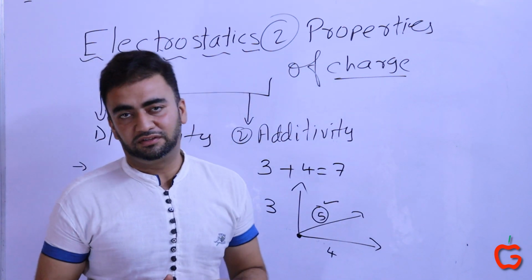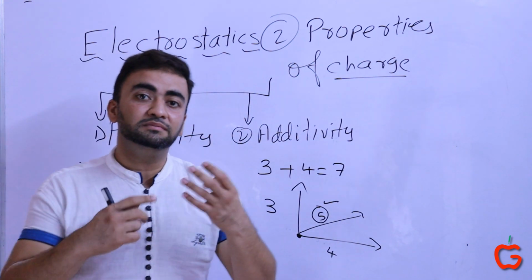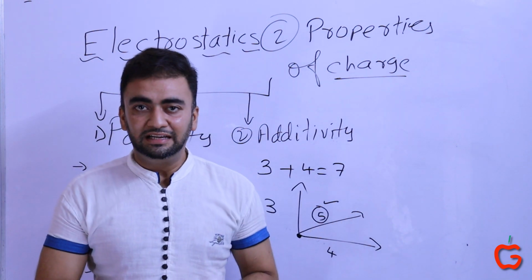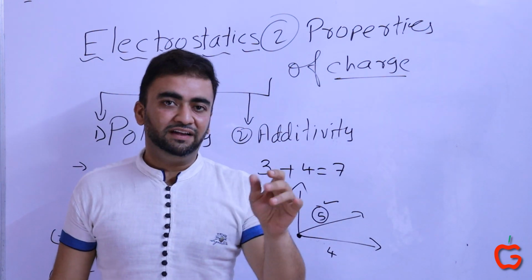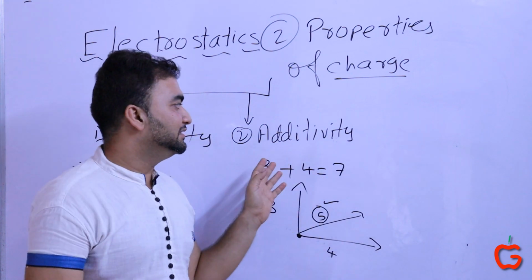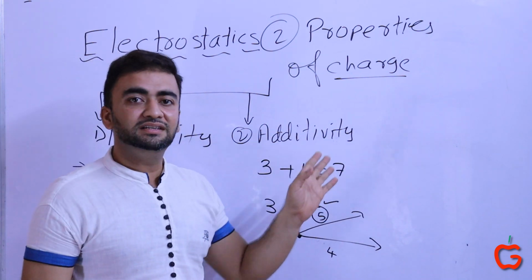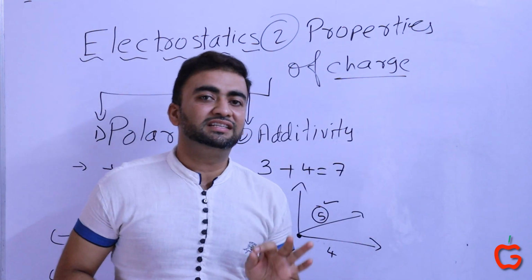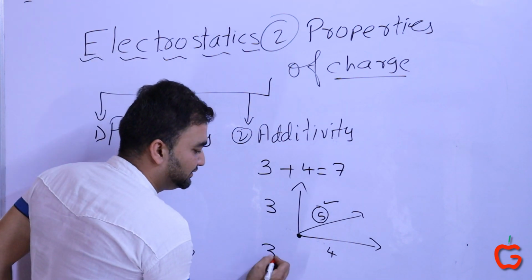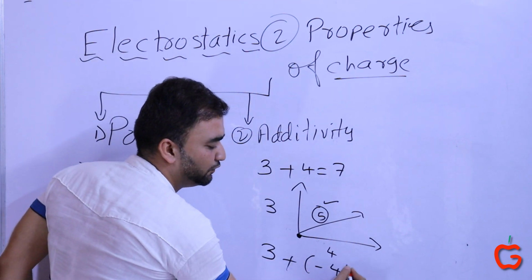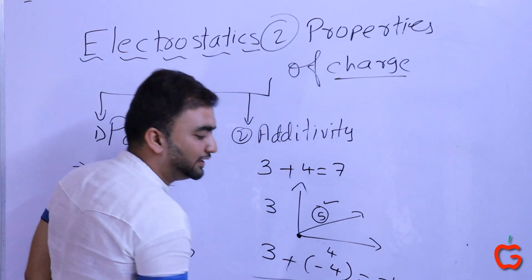It's 5 units of force. So in force, direction becomes important when you are adding force. In charge, the direction does not matter. In fact, direction does not make sense with charges. So 3 plus 4 coulomb is 7 coulomb. Obviously, you have to consider polarity here. 3 plus minus 4 units of charges is minus 1 only.